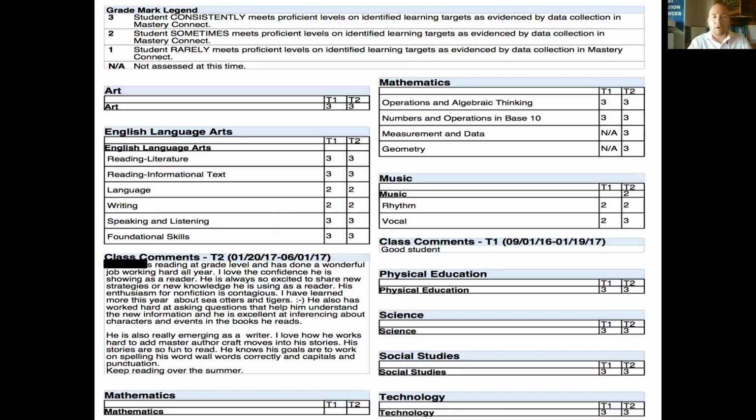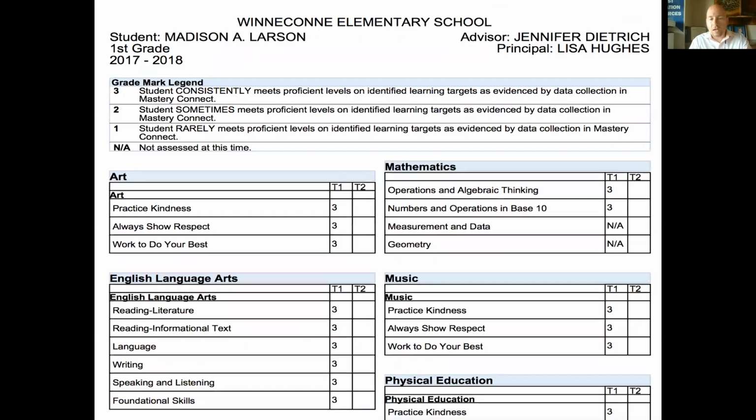As you can see, we report out on the report card only against domain. Those scores are based off of the proficiency scores against all of the learning targets. So you see an example, again, very broad. Here's another one, very broad on the scores that they're given.